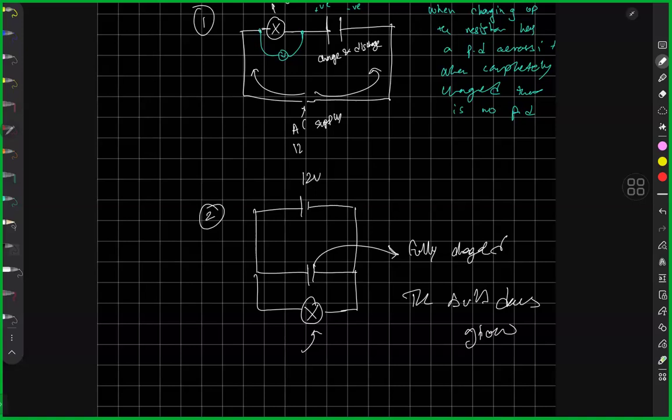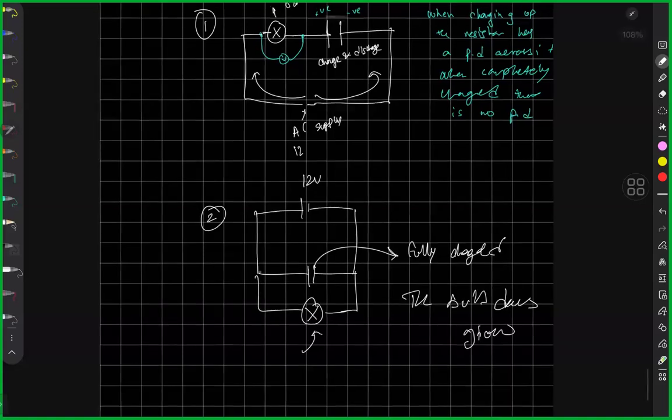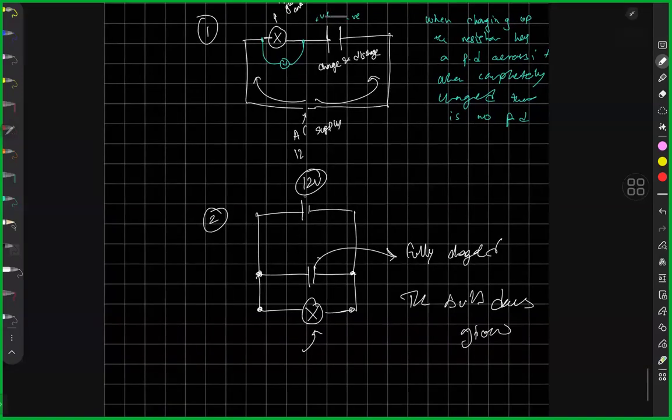So what really is happening over here is, remember, in a parallel circuit, the potential difference across these two points is the same as 12 volt. The potential difference across these two points is also the same as 12 volt. Now, when this is fully charged, the current or the electron flow will avoid this path. Because if this is the positive plate of the cell, and this is also a positive plate of the cell, and this is negative, and this is also the negative plate of the cell, the current can't really flow through it. So what really happens is it goes through this latter circuit path, let's say,